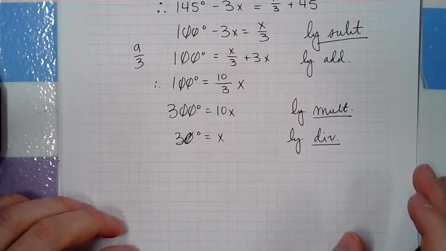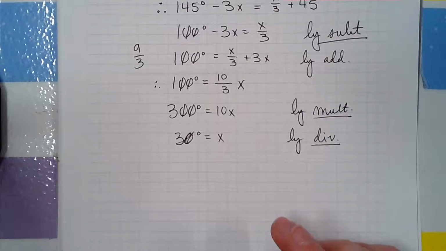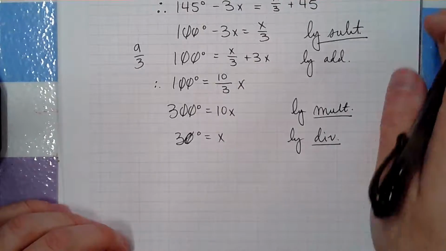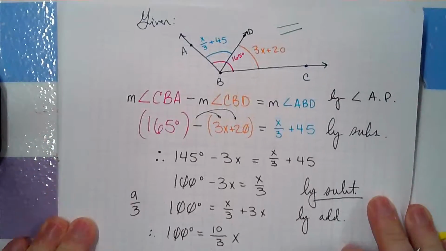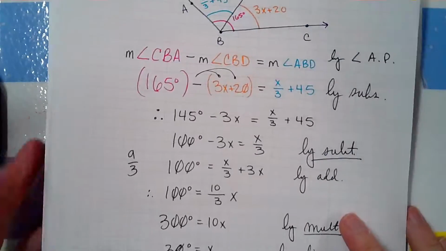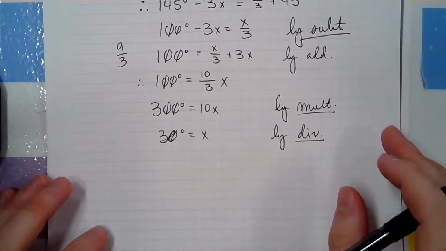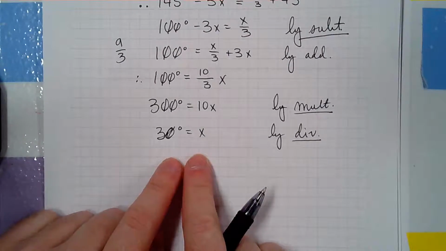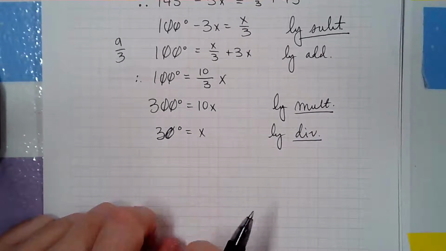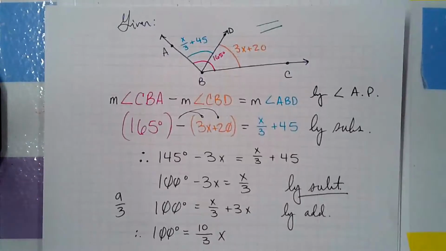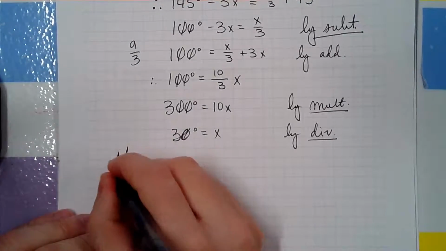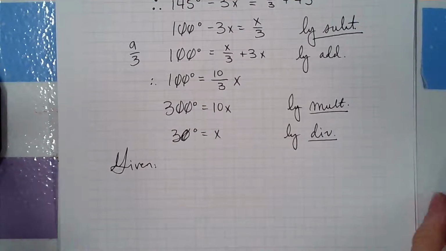So we're done, right? What do we need to actually get to? What does it say? Prove ABD is 55, right? So now we got to go back and use that x to prove ABD is 55. I guarantee some of you, maybe even most of you, will stop after this step tomorrow. Don't let that be you. Read the instructions. So ABD, it says here that ABD is the blue part, right? So it's x over 3 plus 45. So we're given, I'm going to write that, given measure of angle ABD